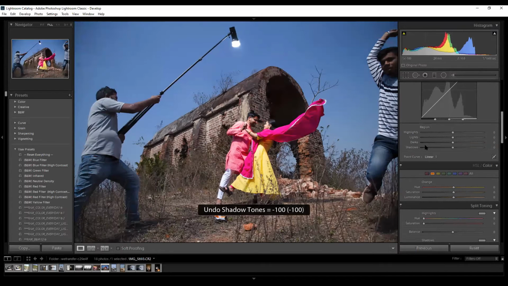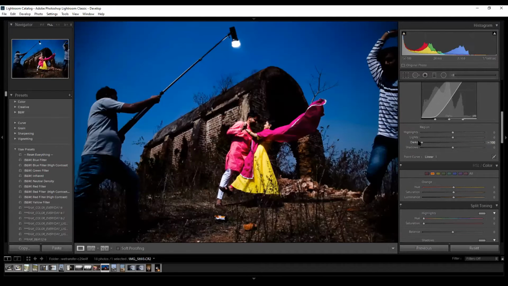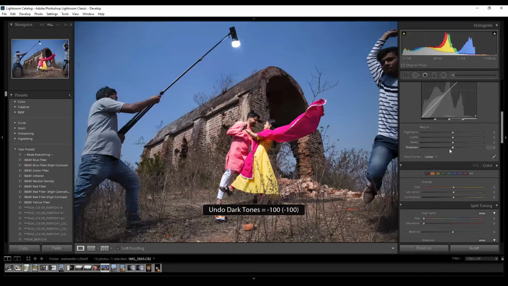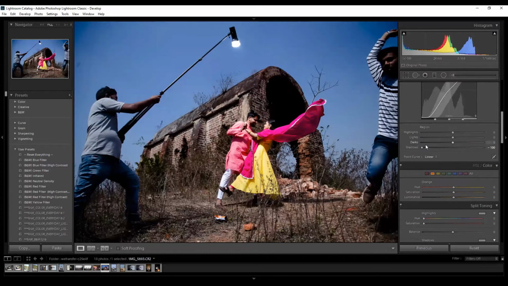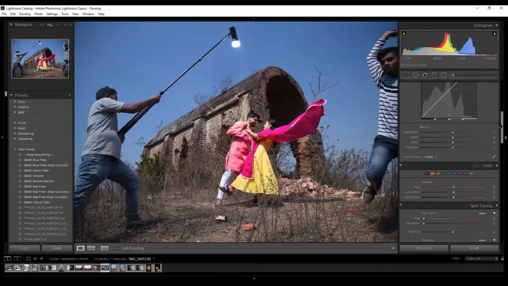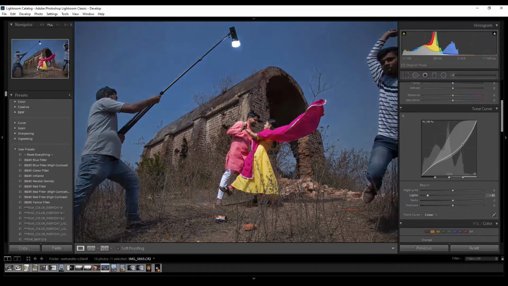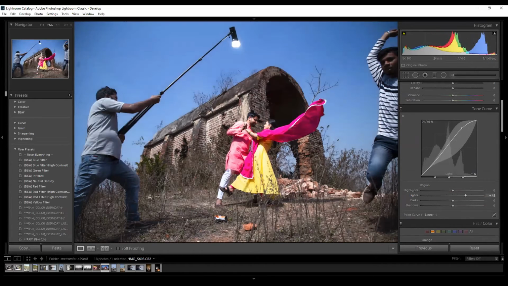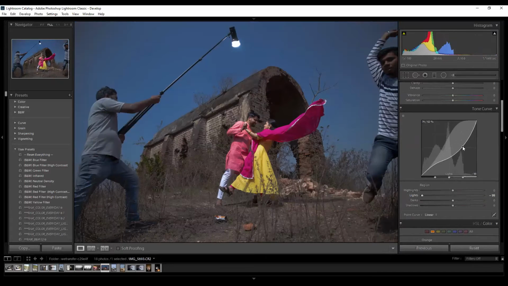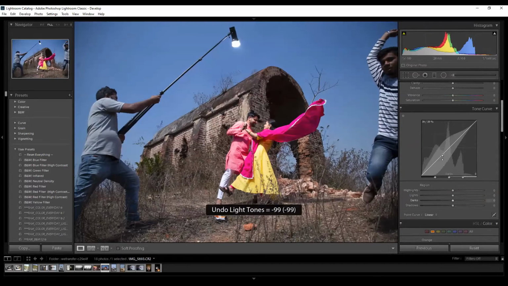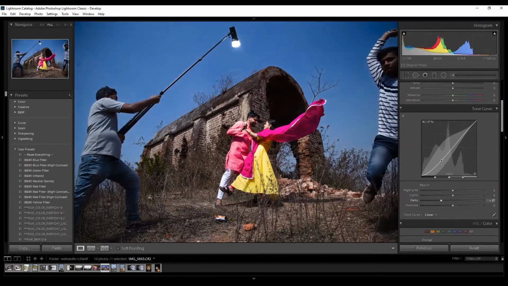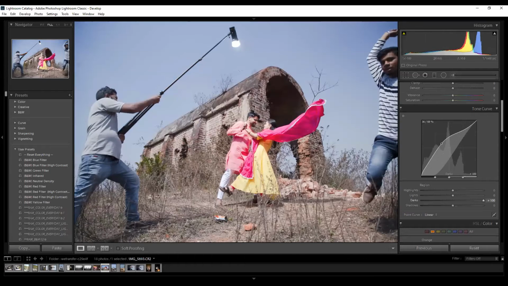Now you can see the darks are working more towards the entire dark zone here. And basically this is the adjustment area where we can select the area and see here. It's now working on the highlights only. Now here it's working on the light zone of the area. You can see whatever zone that you are taking. Now if I change it, it's on the dark zone of the area.